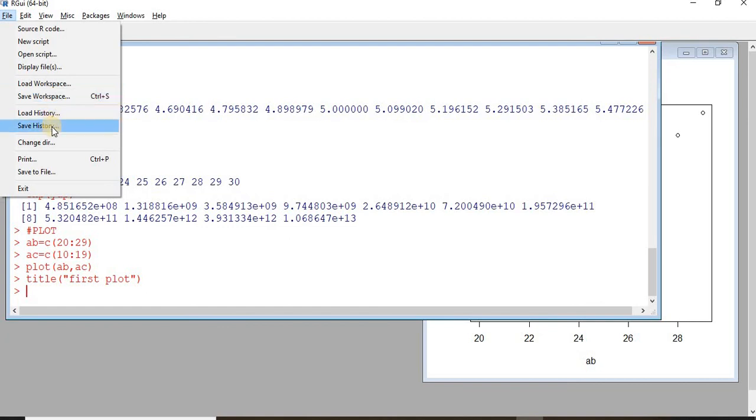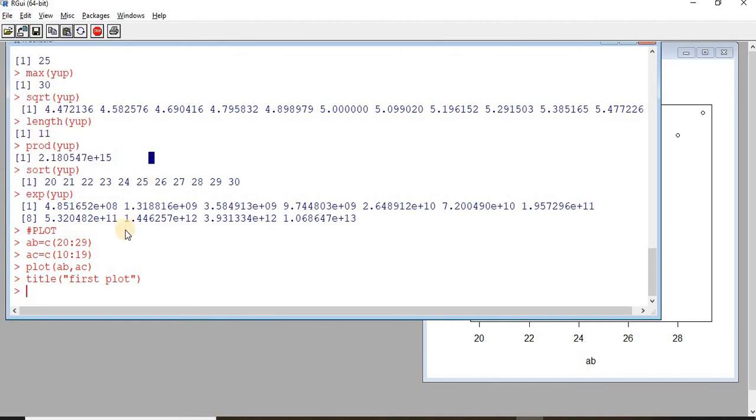And save history is for saving all the commands that you have executed so far. Similarly, load workspace, using this you can load the previously created object values, and load history is for retrieving the commands that you have already saved.